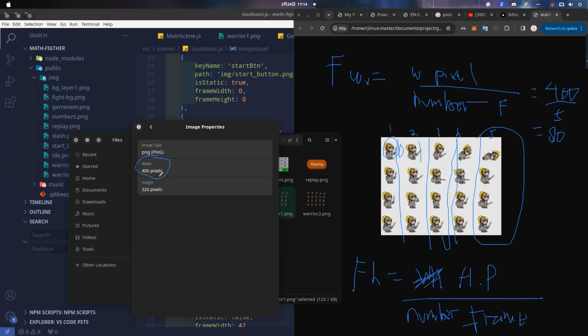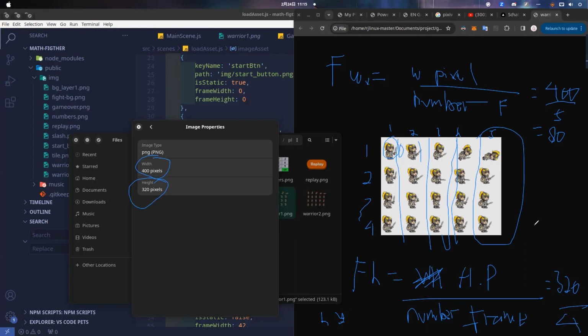Now if you see inside our image properties, the height is 320. You simply divide 320 by the number of frames for the height, because height represents the y-axis, which means counting from top to bottom. We count one, two, three, four, so the number of frames for the height is 4.